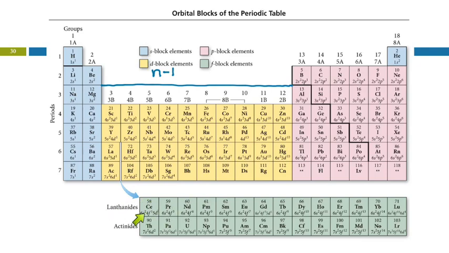So this is f, but this isn't, so this actually belongs in the 6th period, but that's not 6f. It's not 5f, it's 4f, because this is n minus 2. So for the f block, it's n minus 2, the period number minus 2. So you go through all of those,